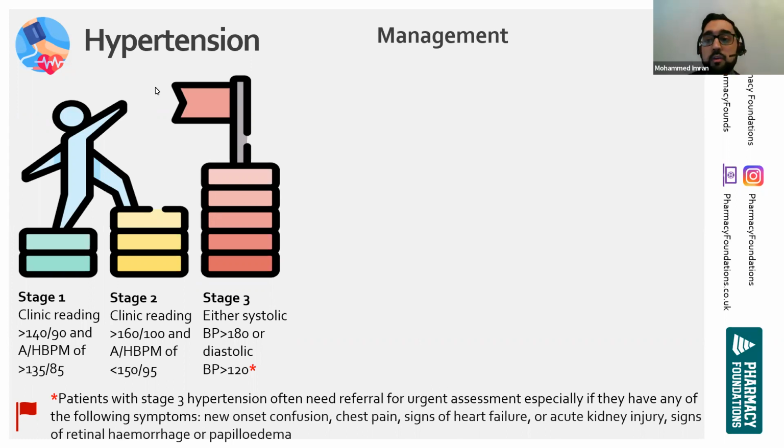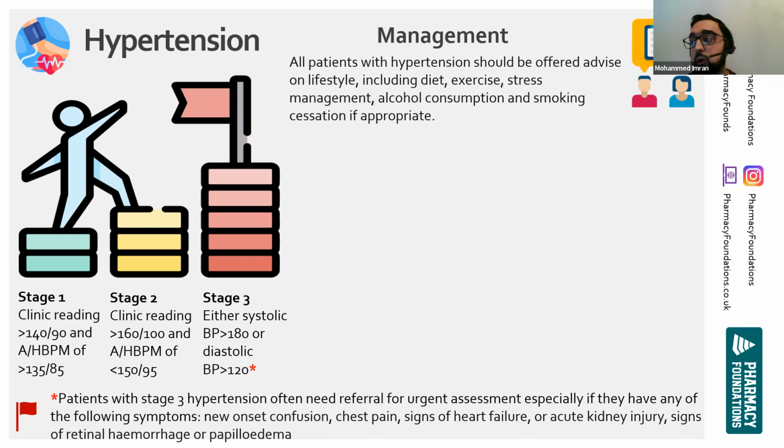Okay, and of course you can have a look into the back of the eye for the optic disc as well, but that's well beyond the scope of the GPhC exam. So they're the key things you want to remember in terms of end organ damage and which organs we specifically look at, which is typically heart, eyes, and kidneys, and the different tests that we can do. Now, in terms of management then of hypertension,